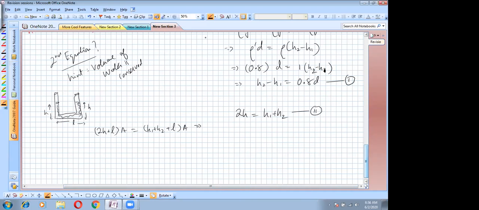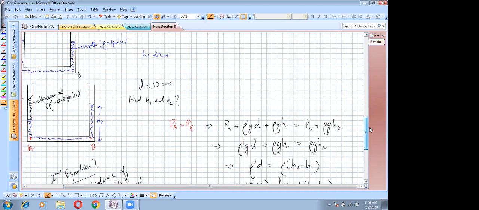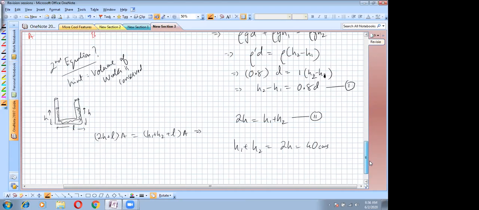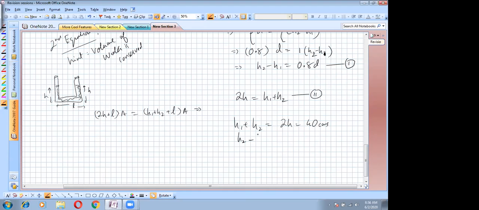Now you have the two equations and the two variables. Okay? So you have h1 plus h2 is equal to 2h, which was 40 centimeters from above. h was 20. And you have h2 minus h1 is equal to 0.8 into d, which will work out to be 8 centimeters. So just add these two equations. So you get 2h2 as 48, which means h2 works out to be 24 centimeters, which means h1 will work out to be